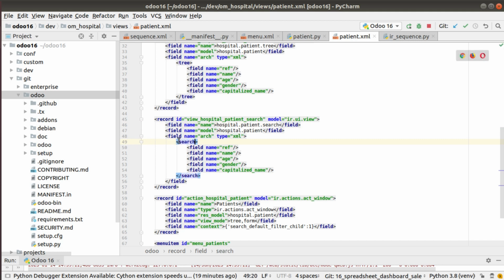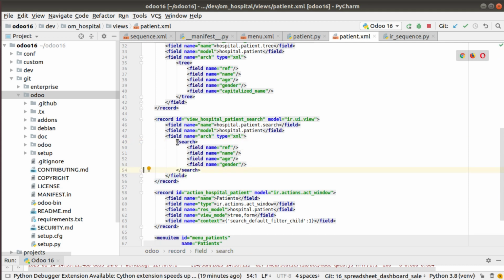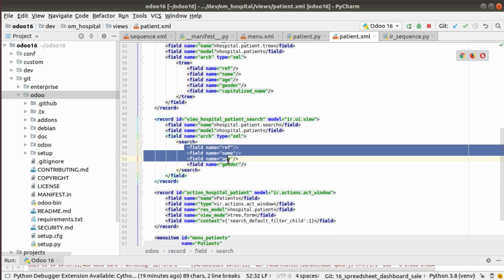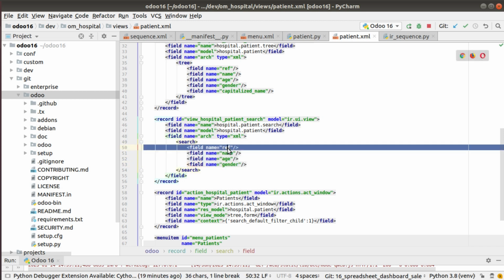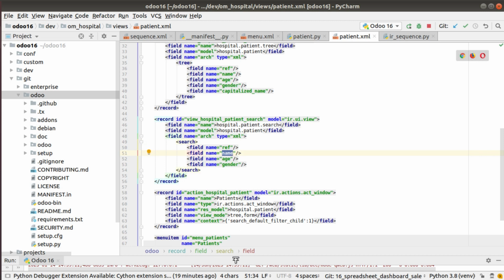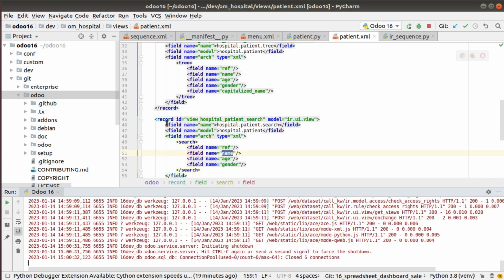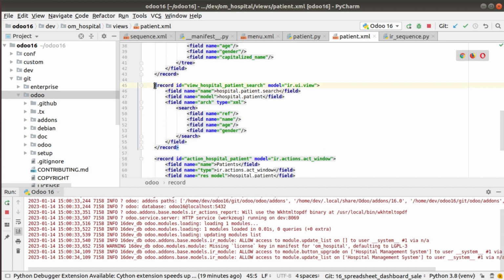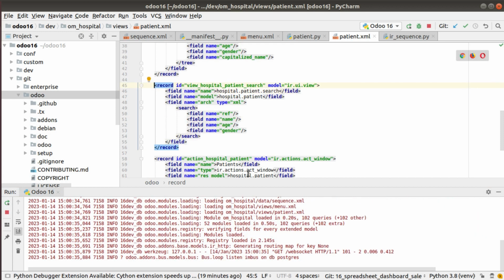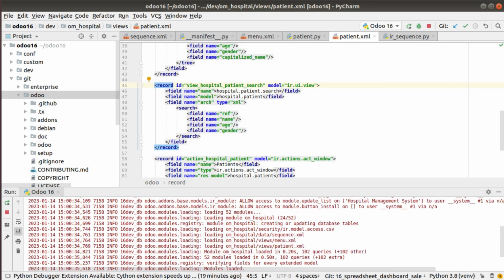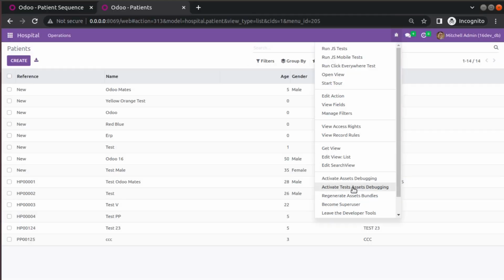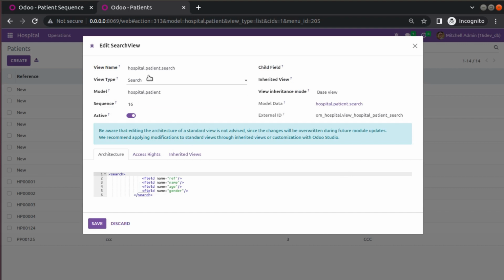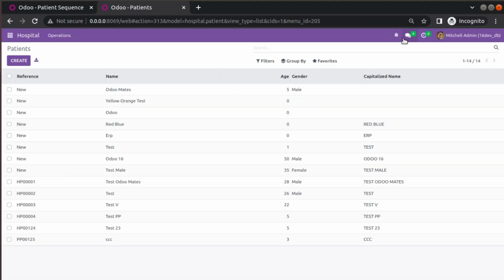So I have modified the view as search, and inside that you can specify which all fields you should be allowed to search with. So here I'll add reference, name, age and gender. So simply we have defined the search view. That's done, and the module has been upgraded. And if you refresh, and if you check on edit search view, you will see the newly added view is appearing inside edit search